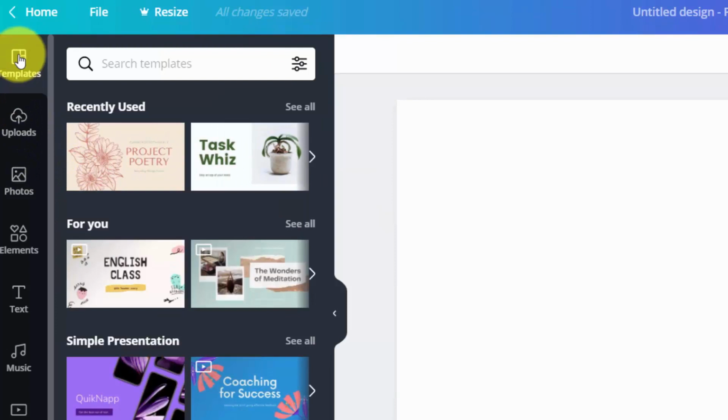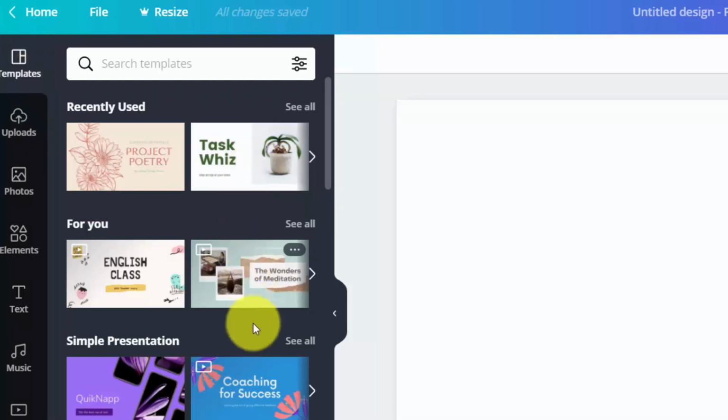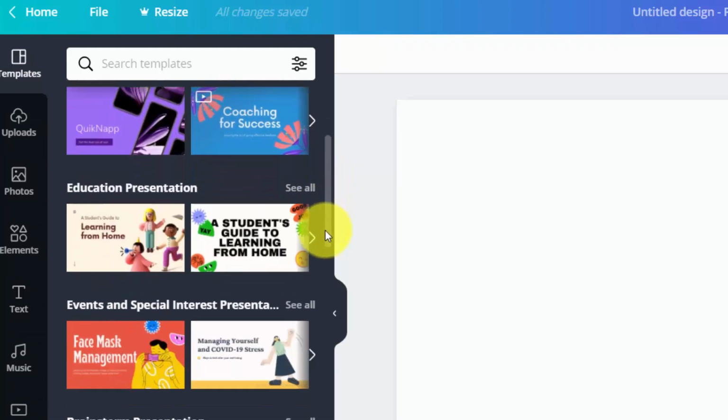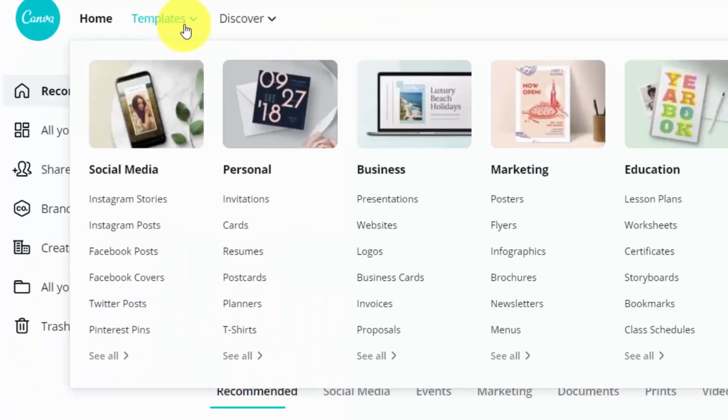Now here you can use any template. This is the icon where you have to click for different templates, and different templates appear in front of you. You can use any of these presentation templates, or else you can go here for templates, and here different templates have been given.